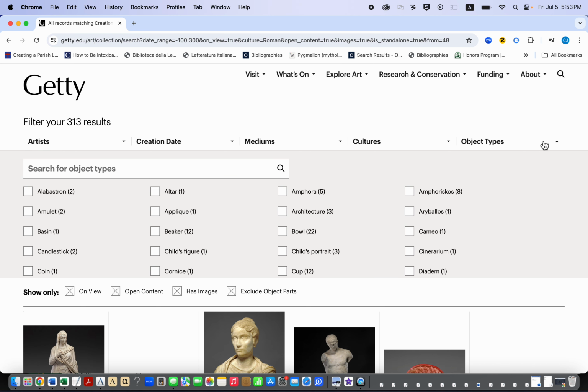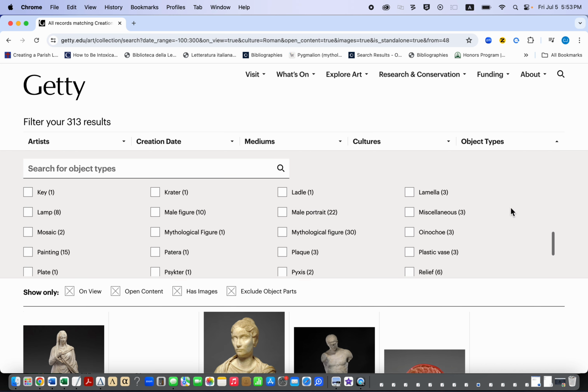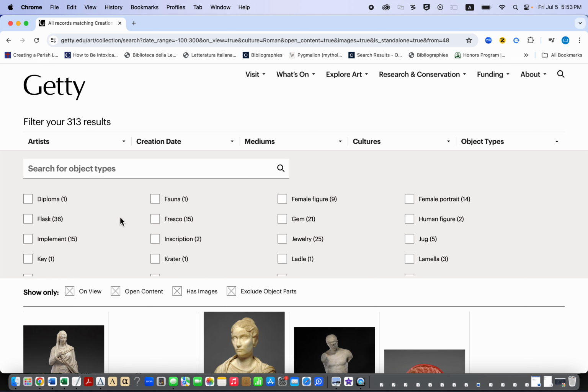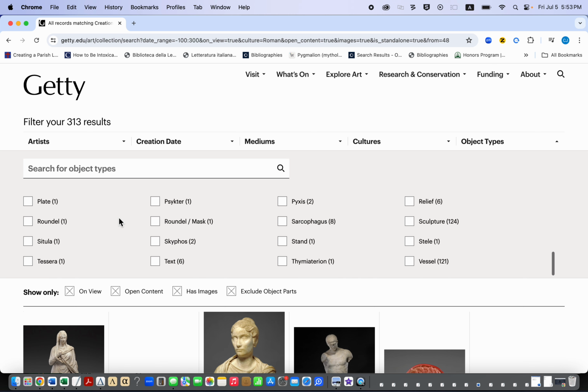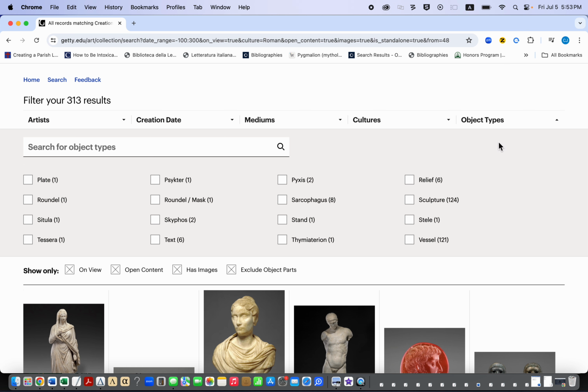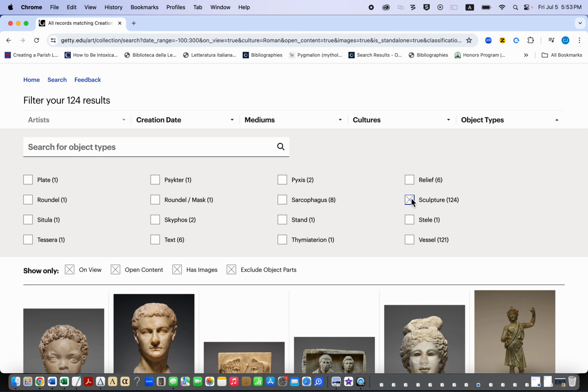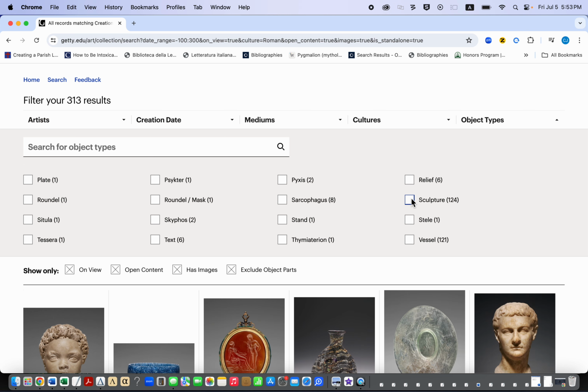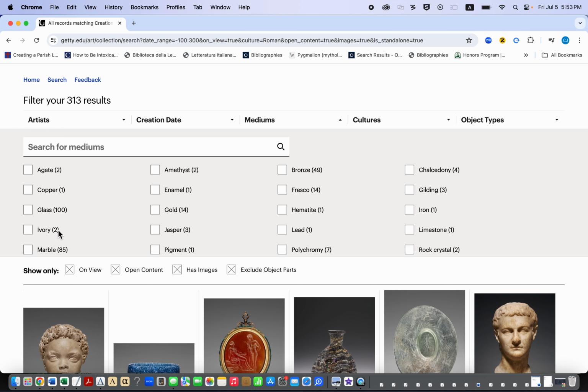Object types. You'll notice that there's plenty of bowls. If you want to exclude those, I guess you have to include what it is that you want to include, and click a bunch of boxes like that. If you just want to look at sculpture, for example, you hit this, and it really limits things down to sculpture. If, on the other hand, you want to exclude all the glass, for example,